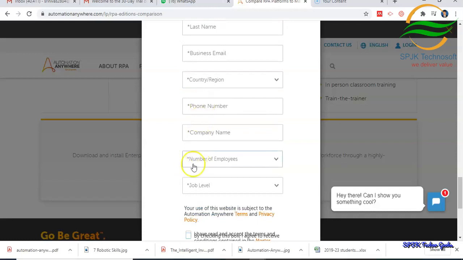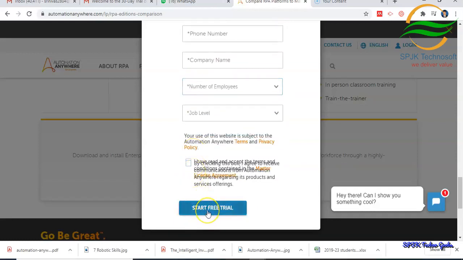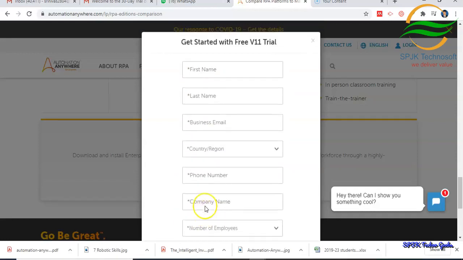Once you complete all these form details, click on Start Free Trial. Please ensure that your business email is correct because the information on the next steps will be sent to this email ID.